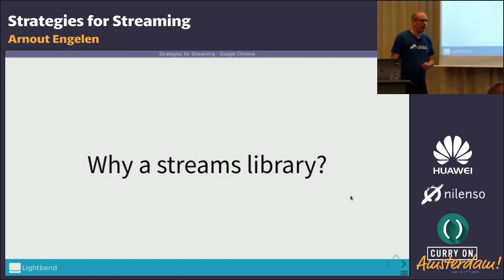So I've been working on Akka for a while, and one day I thought, okay, so Akka is built in Scala, and Scala is a fairly nice expressive programming language. And at one point I thought, why do we have a streaming library at all? From experience, it's nice to have it, but shouldn't this be something that we can express more directly in the language? And this was for me the starting point to say, okay, it might be nice to tell this story a little bit to show why it's useful to have a library and not build it from basic principles in the language.